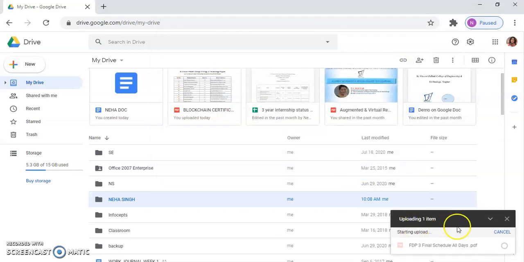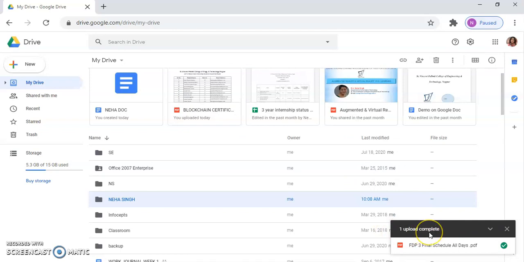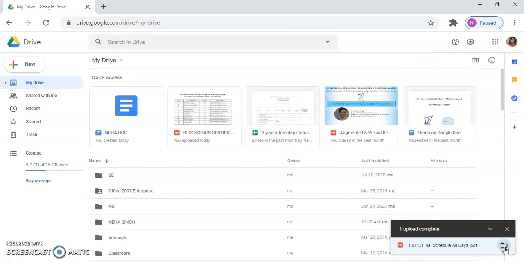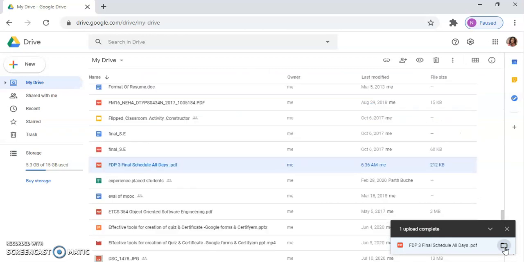And you can see now it is saying starting to upload and it has uploaded the file. You can click on this particular option to see the file location. So it will take you to this particular file where it has been placed in the drive.